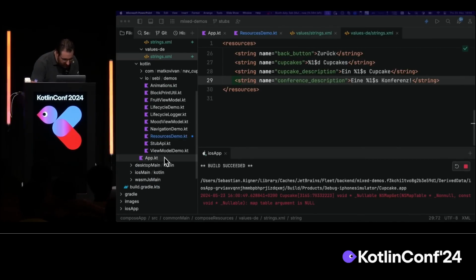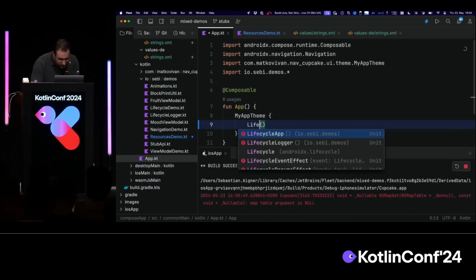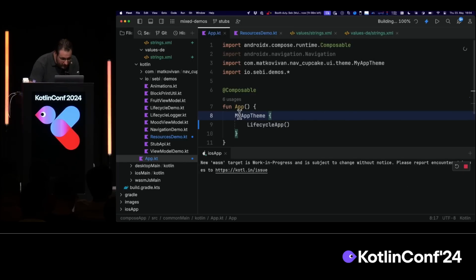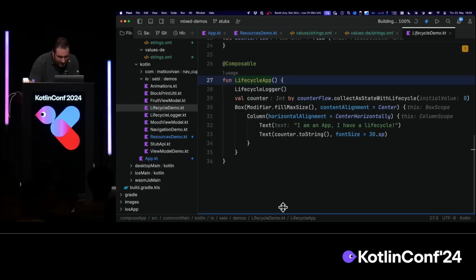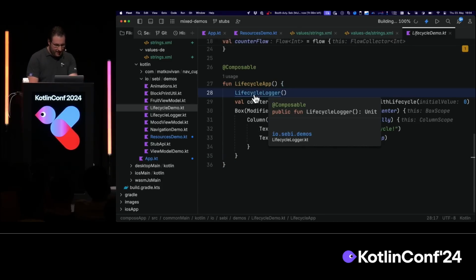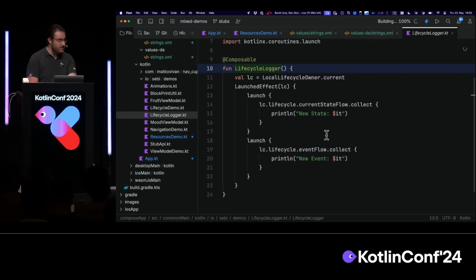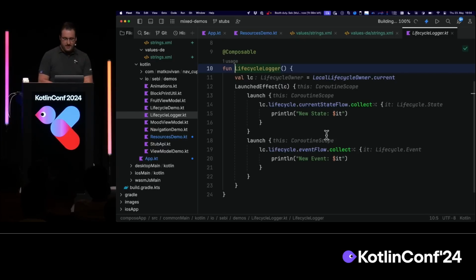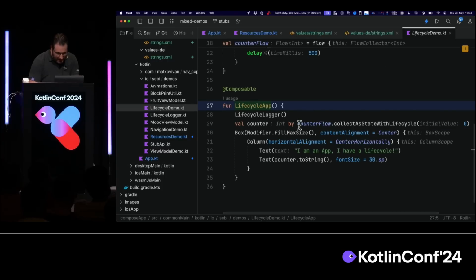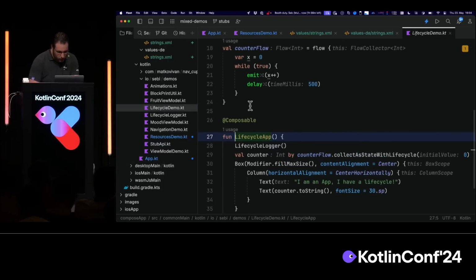It'll just be a very quick one. So we will just quickly open up my lifecycle app over here, and we can take a peek inside. This application does very little. I've added a lifecycle logger, which is a custom composable that I've created. All that does is it looks at the current lifecycle events and the current lifecycle state and just prints that to the console. And the other thing that I have in my lifecycle app is this cold flow